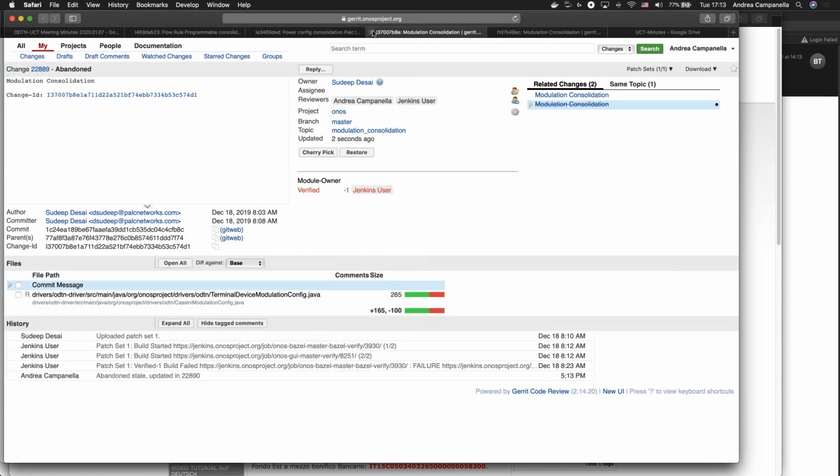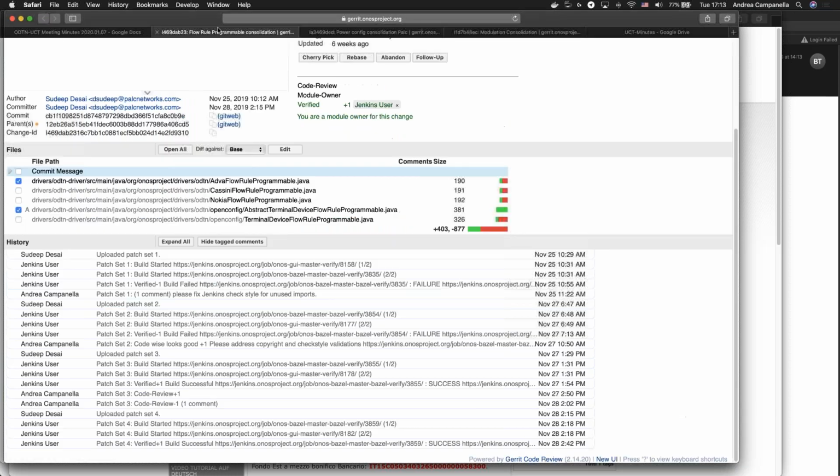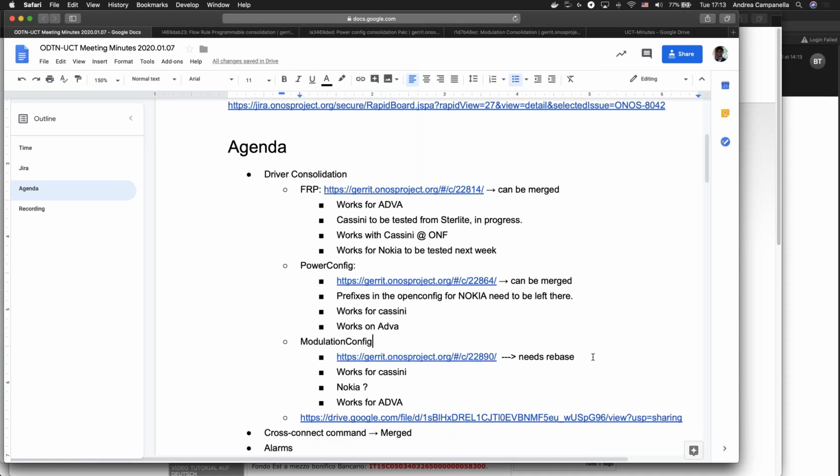Okay, perfect. So this one I have to review. I have not had the time to review yet. I'll make a pass, and then we can start possibly merging this. It also needs a rebase, and I don't exactly know why.